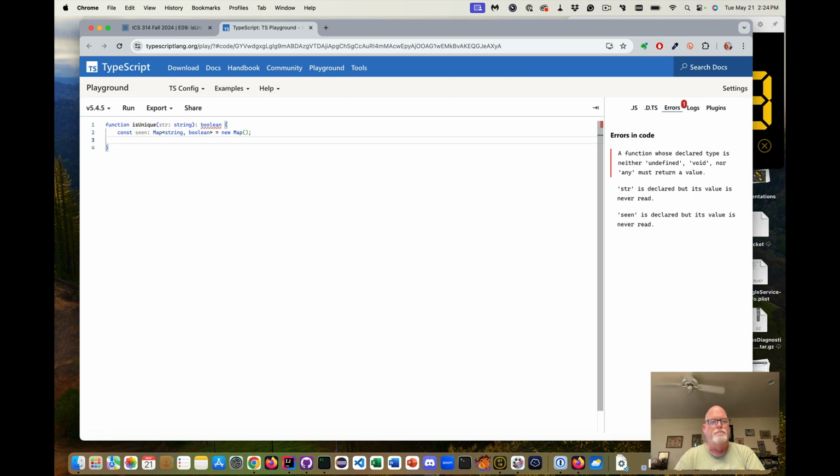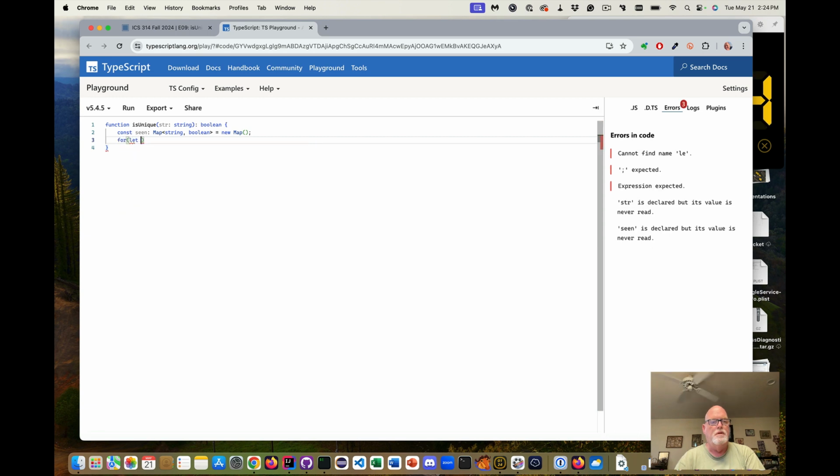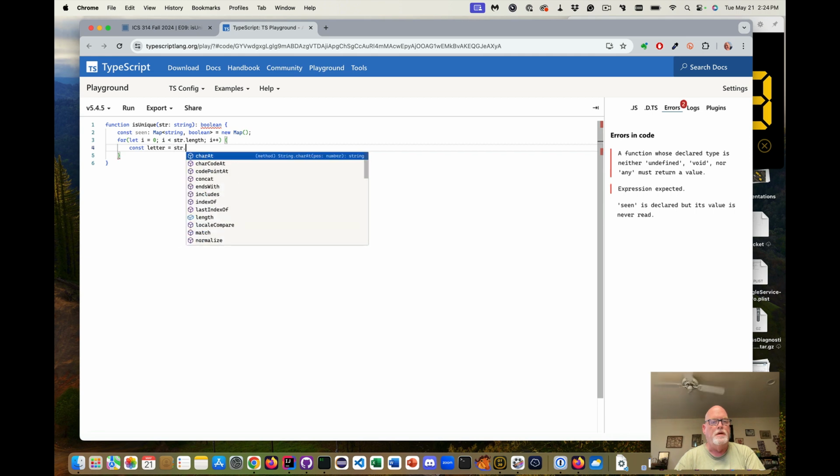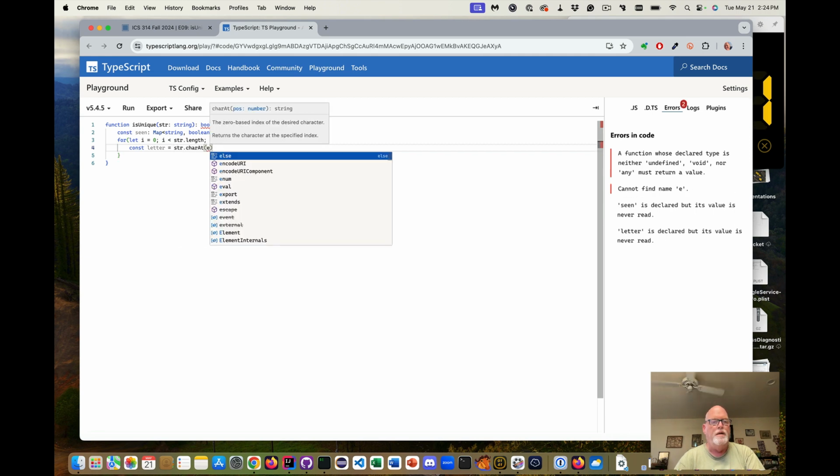Now I want to loop over all the characters in the string. Let i equal 0, start at 0, i is less than str.length, i plus plus, so I'm going to loop over all the characters. Const letter equals str.charAt(i).